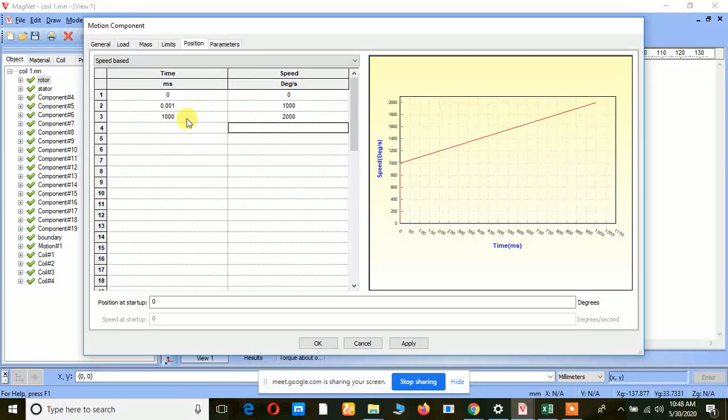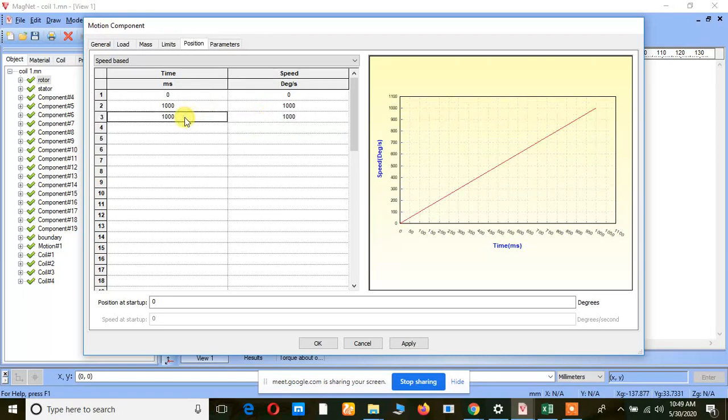So now, see here, the graph is not getting constant. It is again increasing. So accordingly, we have to change the values, right? Whatever speed we choose, we have to definitely get a constant speed. This is how we have to give the speed.